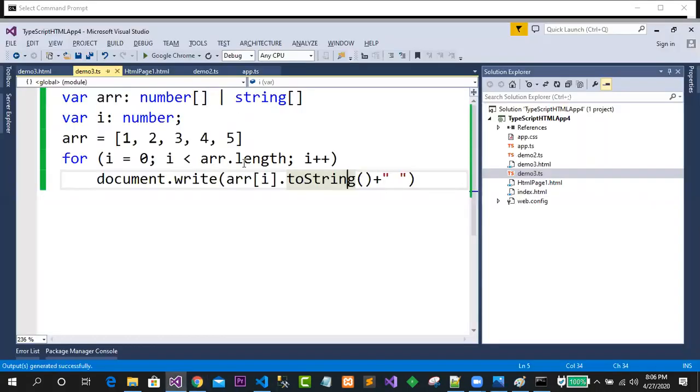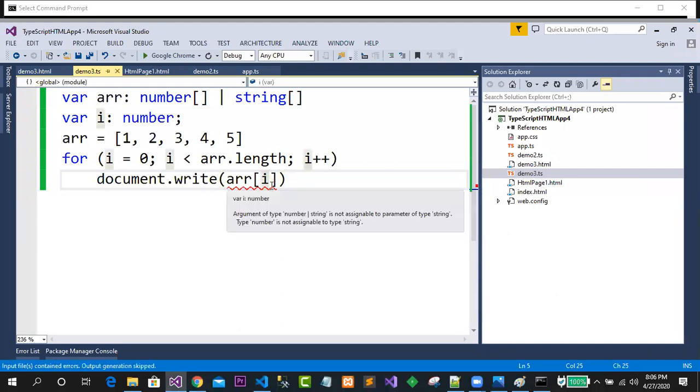Okay, just see what happened, guys. I had a problem. Why did I have a problem? When I was giving something like this, it was showing an error. Just try to observe this error now. The write only takes string kind of value, but your array now holds what type of value? Integer kind of value, or number kind of value. So that is why this is an error.